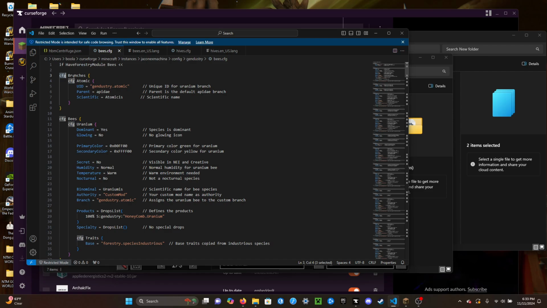So CFG branches, then you have to establish the name. This can be any name. Just make sure it's consistent. It doesn't have to be capital, excuse me, it just has to be case sensitive. So here it's fine, capital is fine, but for here, notice we still use atomic. So this branch is for radioactive bees. So the UID,